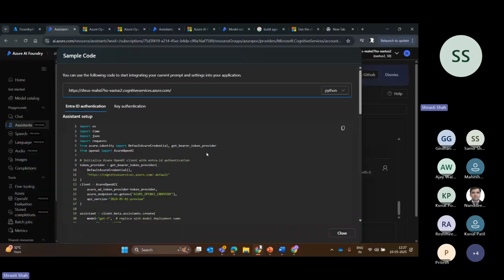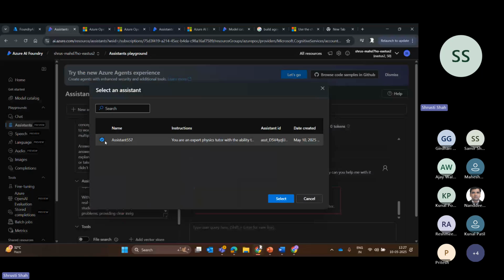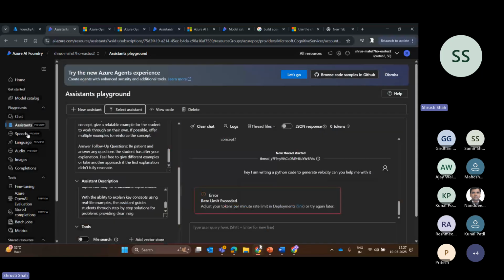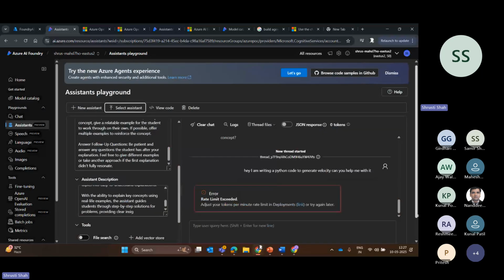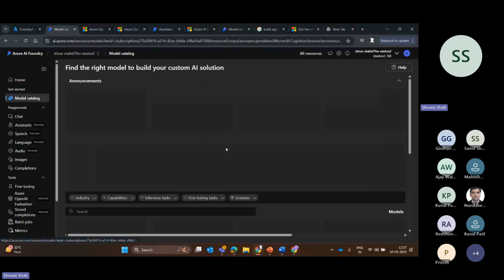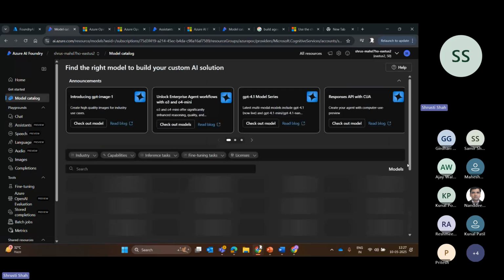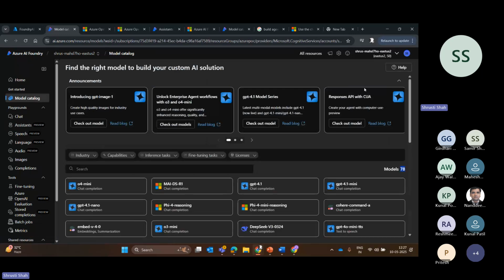Again, you can view the code of the assistant, and then you can integrate it in your piece of code. If you want to generate a new assistant for the same deployment model, do that. If you want to select an assistant, you can select as well. So all those things can be done from here. This is the whole and soul of what Azure AI Foundry offers. And there are different things which you can find from the home itself. You'll be able to find all the capabilities of Foundry, and you can also stay up to date with the latest